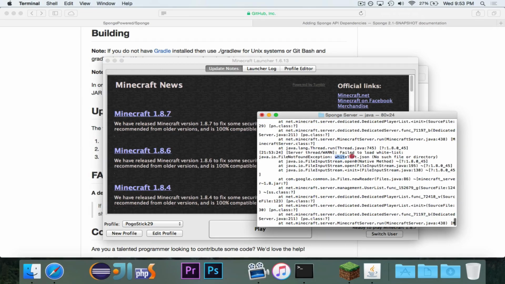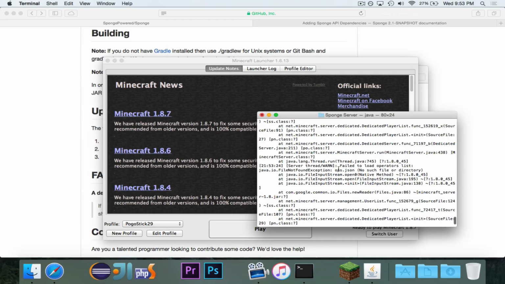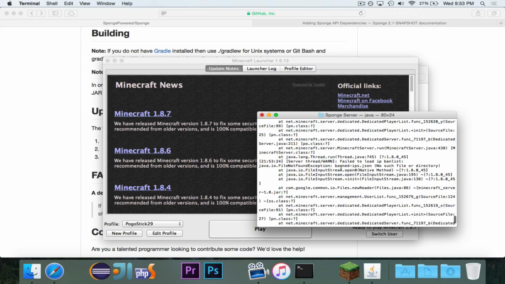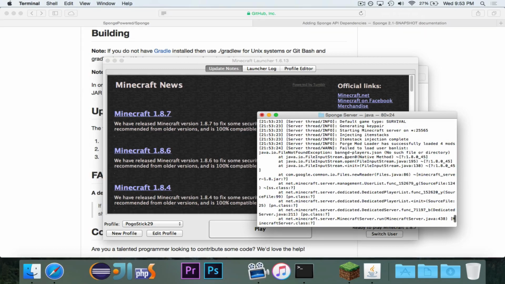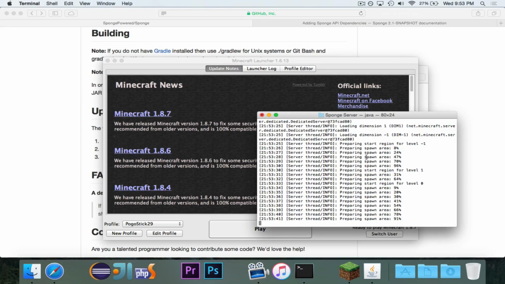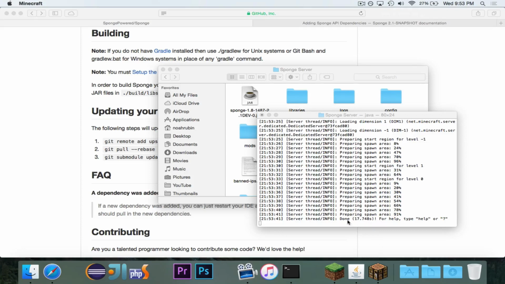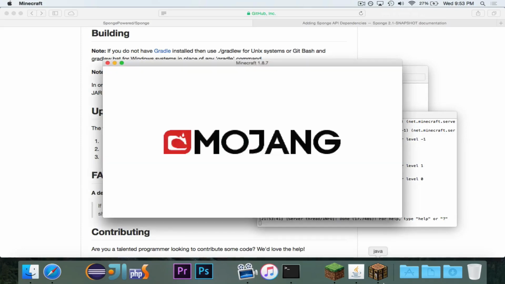This error is because the whitelist file doesn't exist, so it'll create it. This one's just the ops file doesn't exist, so it's going to create it. And that was banned IPs doesn't exist. It's just all of these files don't exist, so it is going to create them. You don't have to worry about those errors. And there's the world generating just like a normal server, and in 17 seconds, not bad for the very first time we're running it, the server is now live.